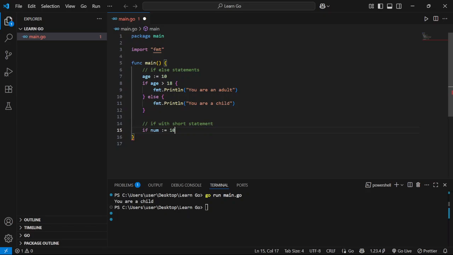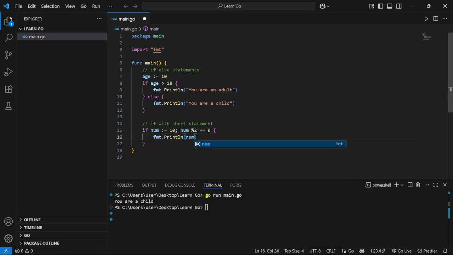So I'm just going to use a value num, and then instead of defining it first and then doing this, we can just do it here. If num divided by 2 and then the value is 0, of course that means it's going to be an even number. Just going to print this,